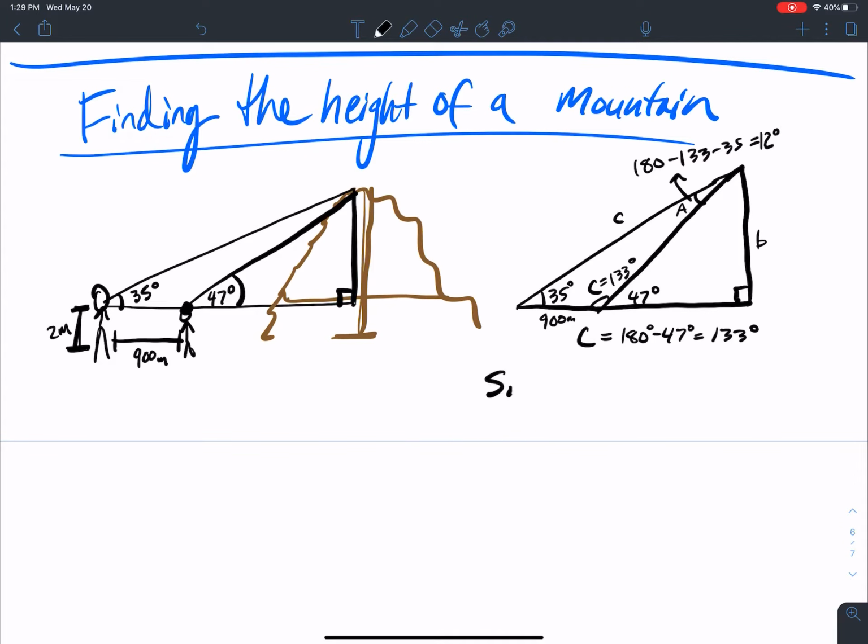So if I have the sine of angle A over little a equals the sine of angle C over little c,